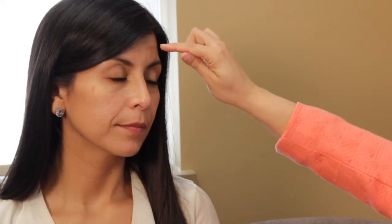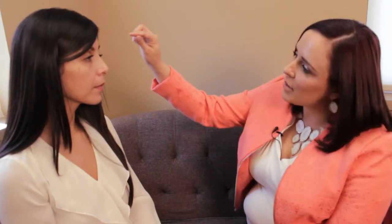I'd like to start by addressing the upper third of your face. You had mentioned that you don't like the deep line that goes across your forehead, and this is what we would utilize neuromodulators for. Neuromodulators are Botox and Dysport, and these products are injected into the skin and they stop the muscle contraction from happening. The reason why you get these lines is because of the constant movement of raising your brows. So by using these neuromodulators, we actually stop that muscle contraction from happening and you get a smoothing of that